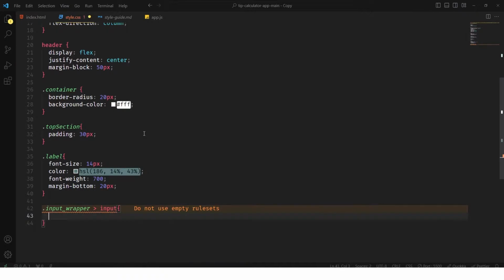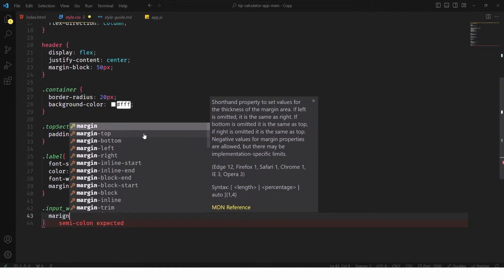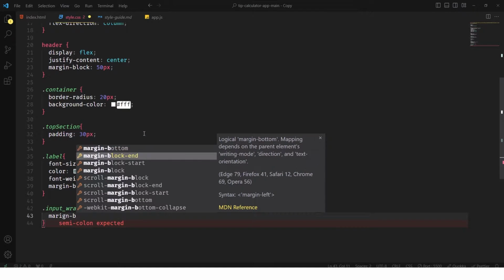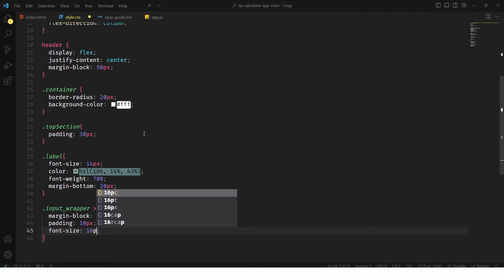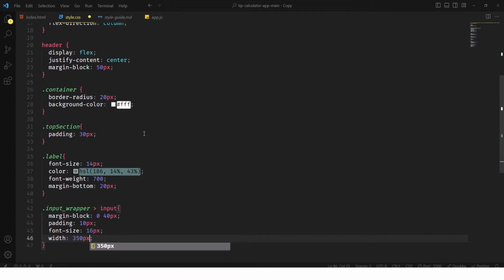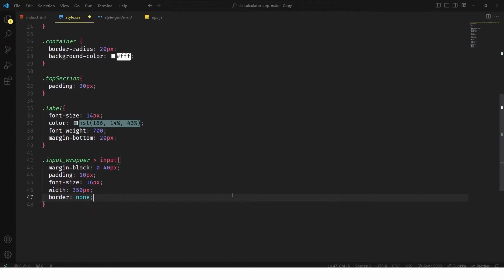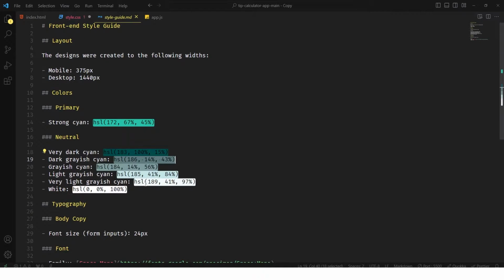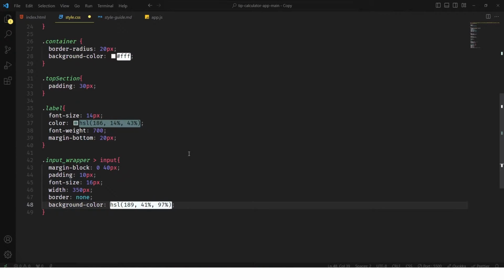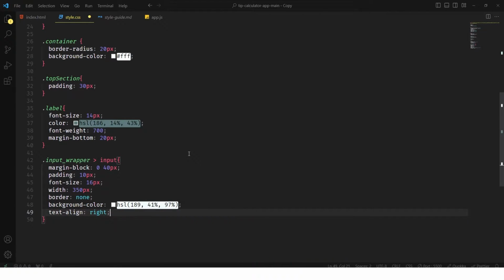Inside that I have an input field, so I'm going to use margin block 0 and 40 pixel. I'm going to add the padding all sides 10 pixel. Font size I will use 16 pixel. Width I will use 350 pixel. Border is none, and then I will use background color, I will get the background color from this one, and I'm going to paste it, and I will move the text align to the right side, cursor pointer,